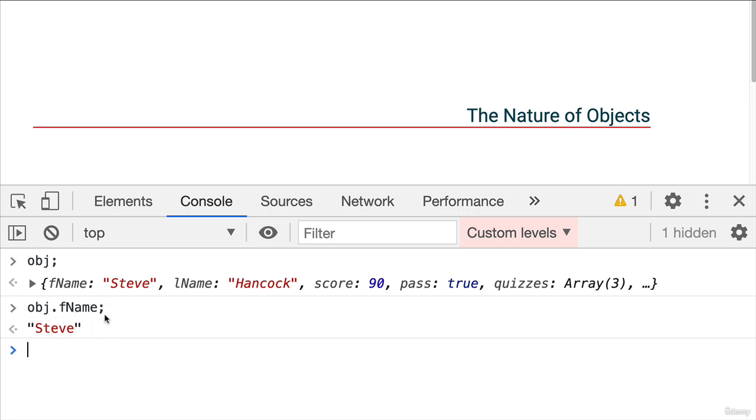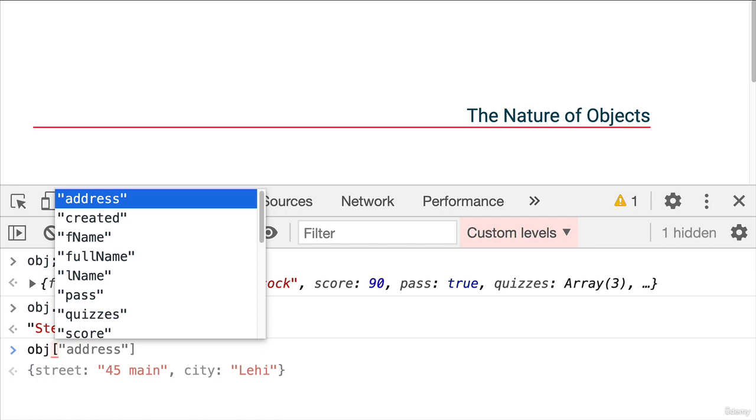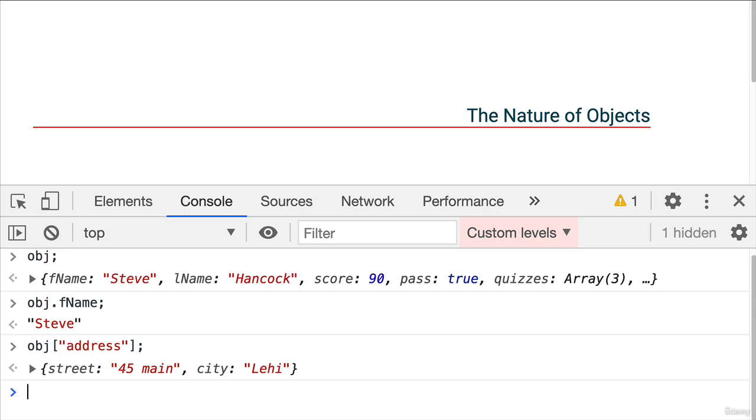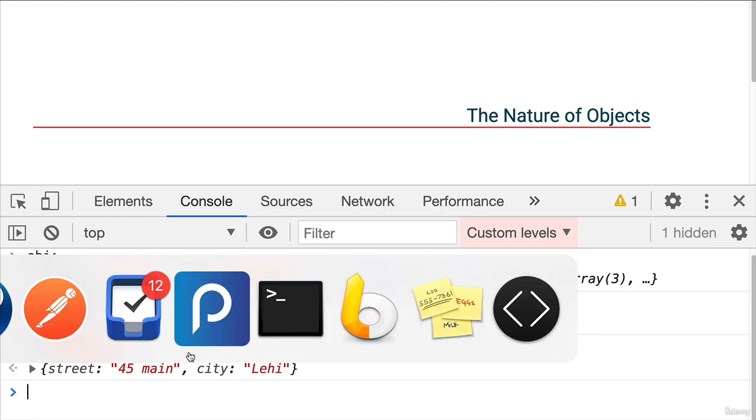But we're not limited to just dot syntax. We can use square brackets as well. And this becomes very useful when we need to do certain things programmatically. So for example, if I pass in the string address inside of square brackets, it's going to look up obj.address, and it's going to return the value for that property, as we can see there. Now, this can also be used when assigning values to an object. So let me jump back